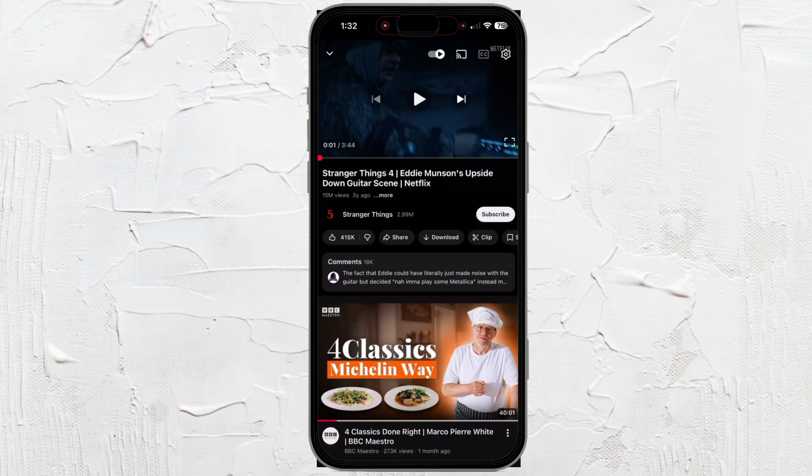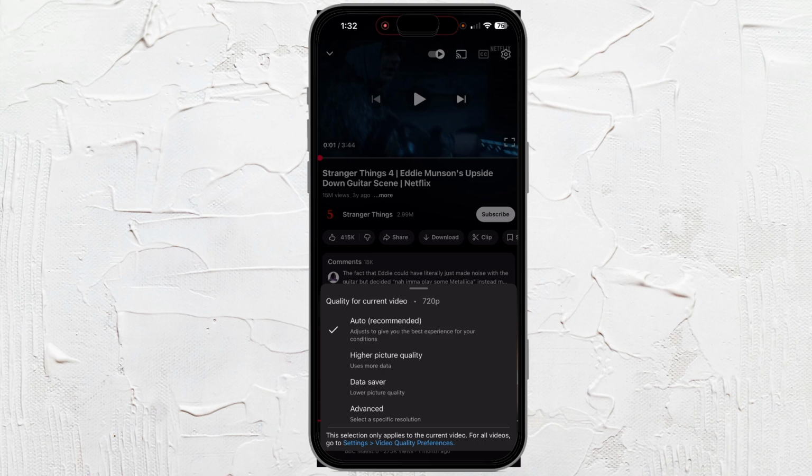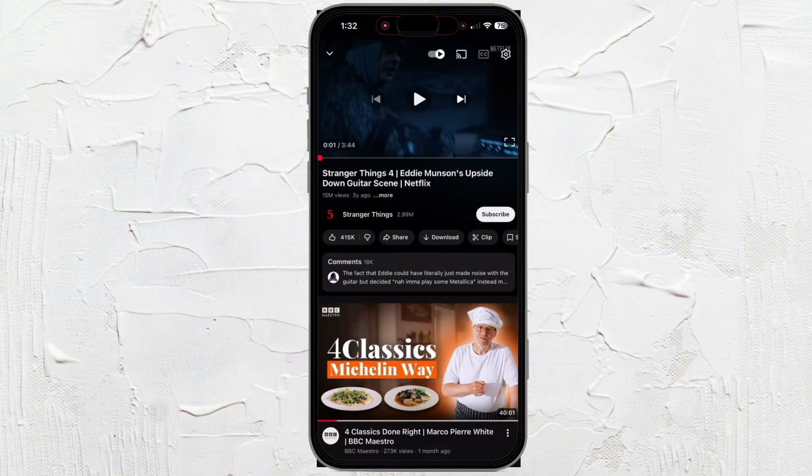So if you were to go to the gear icon settings in the video itself, you'll see these settings that say quality and playback speed. You want to go to the quality, and from here you can choose the highest quality picture. But if you want this permanent for all of your videos, what you can do is come out of here,